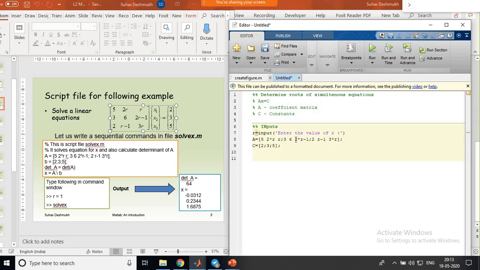Whenever we are going to determine simultaneous equations, make sure that its determinant is not 0. If determinant is 0, then whichever the equations, maybe 3 equations, maybe 10 equations, they are not touching each other. That indicates you will not get a unique solution. So if determinant is 0, the solution for this type of simultaneous equation doesn't exist.